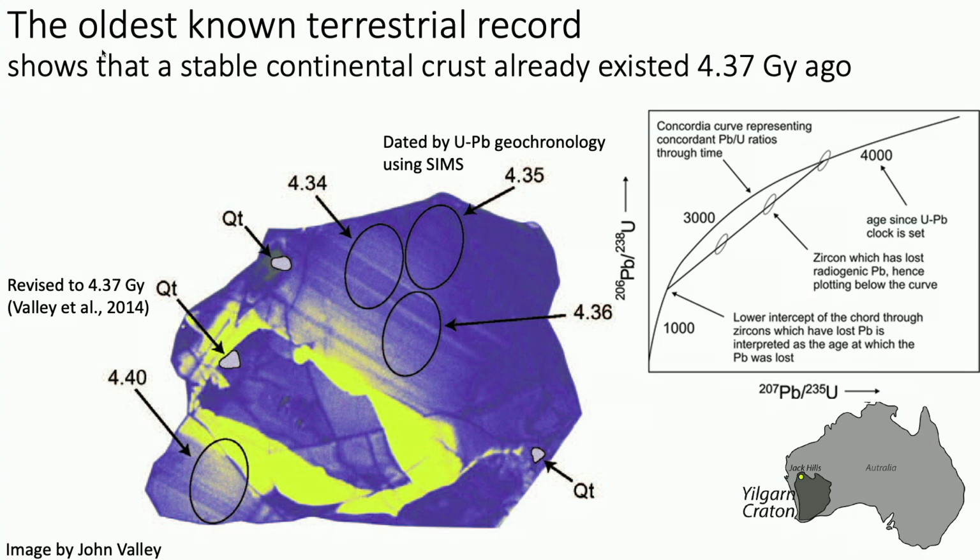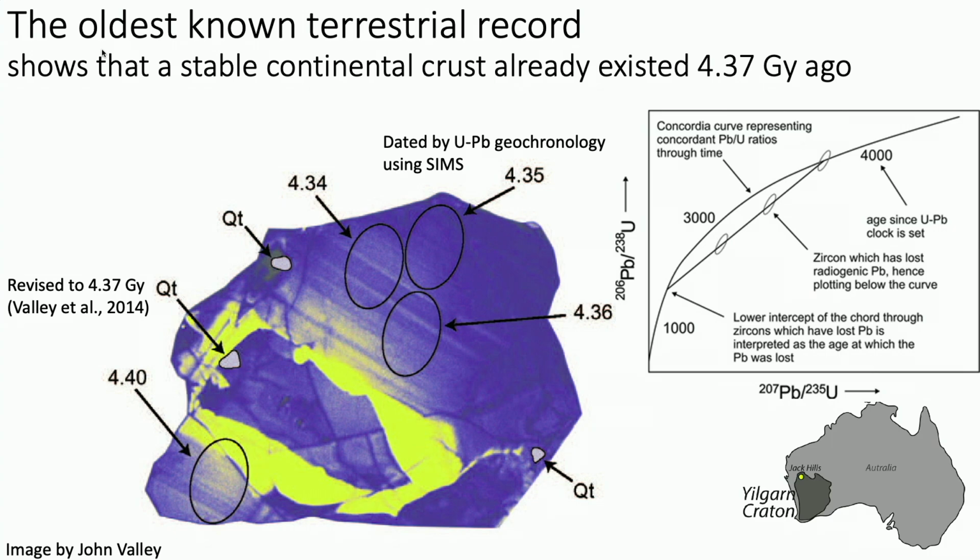So there might be some resets eventually, but it retains a lot of information. Here you have the zircon, and this is how the age is obtained: by uranium-lead isotope geochronology using